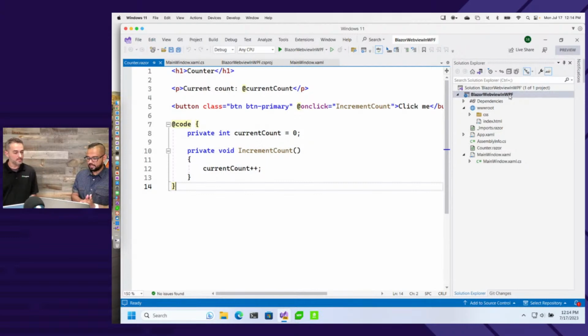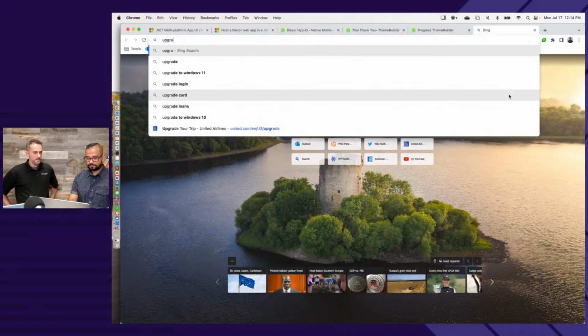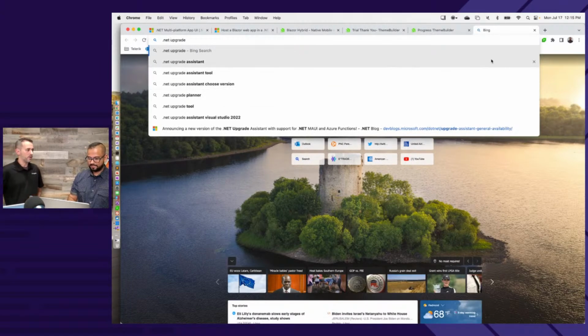So again, the first thing is if you have a WPF or a WinForms application, as you're looking to modernize it, your first step would be what's called the Upgrade Assistant. Okay, so get it off, let's see, .NET. Yeah, this is a great topic as well. Upgrade Assistant, you should do a workshop on it.